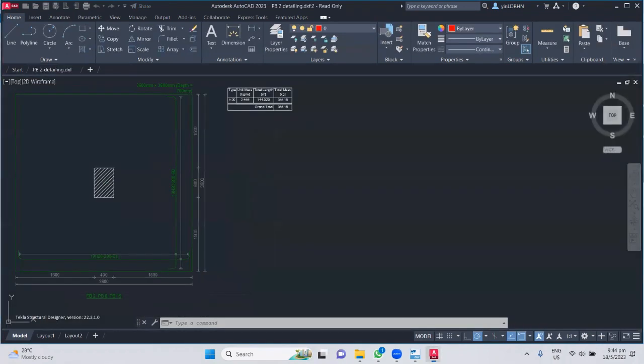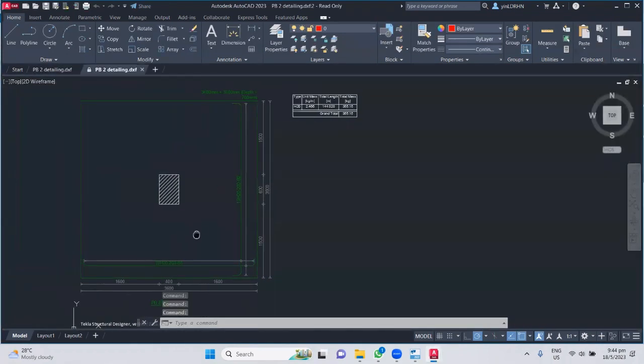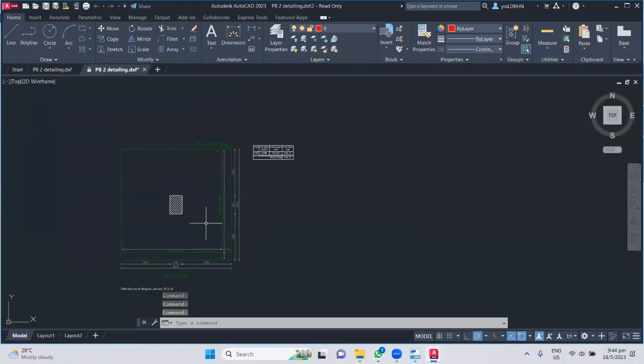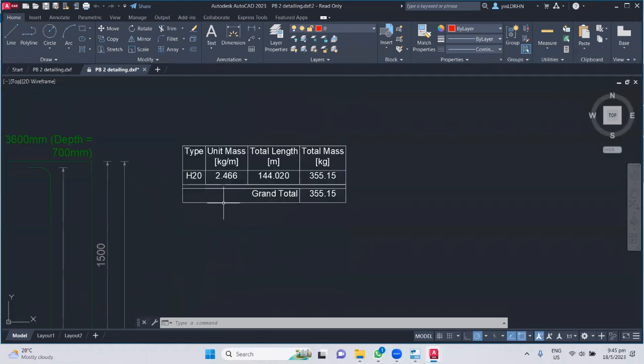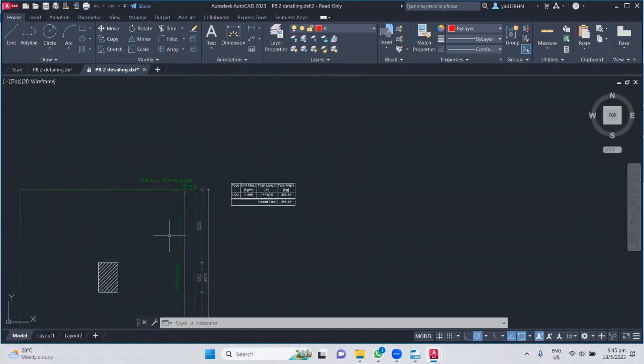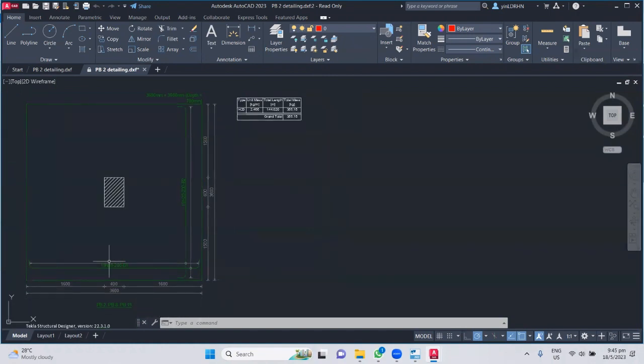Okay, so it has given the footing, right? Now you see the footing. See here, it's only the bottom rebar. Why is it not showing the top rebar, right? Generally, for a flat footing we don't need the top rebar, but it is normal practice to provide the minimum top rebar,